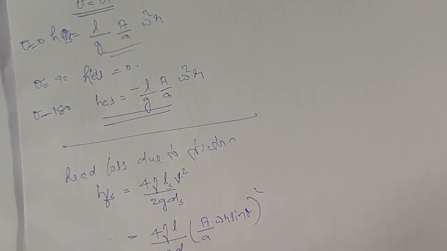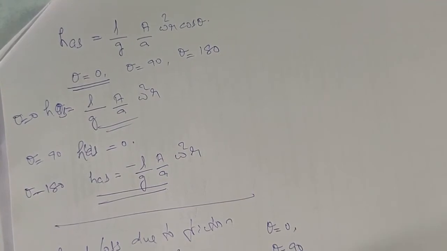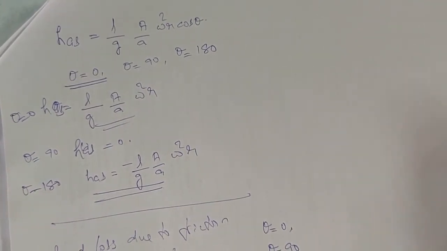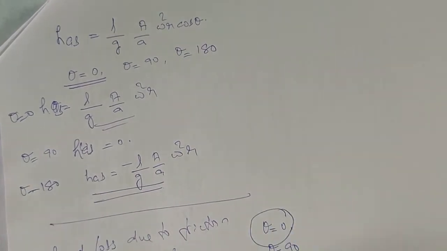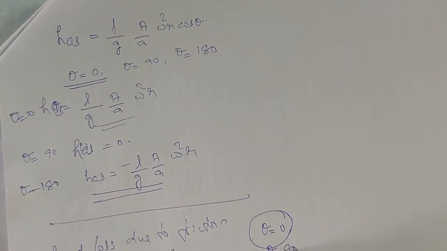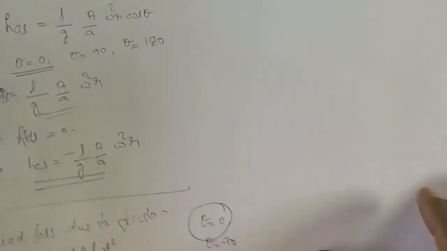Okay. So now if we apply for the positions theta is equal to 0, theta is equal to 90, and theta is equal to 180, you can see that at theta is equal to 0, this will be 0. At theta is equal to 180, again this will be 0. But at theta is equal to 90, it will be maximum. So the indicator diagram will be